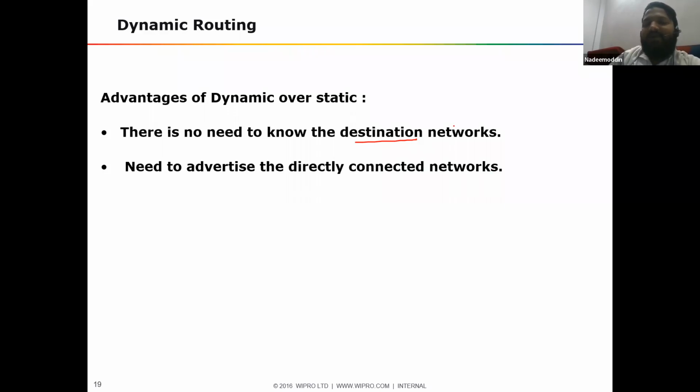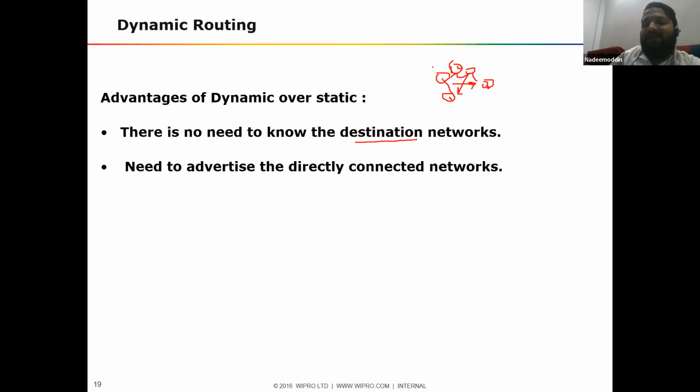You only need to advertise the directly connected networks. See, dynamic routing is the reverse of static routing. In static routing, just a recall, this is our diagram. We had a routing table. This is the first network, which is the LAN. This is the second network, which is the WAN, and this third network is the USA LAN. In static routing, we were adding this route here, and in the USA we were adding this route here.